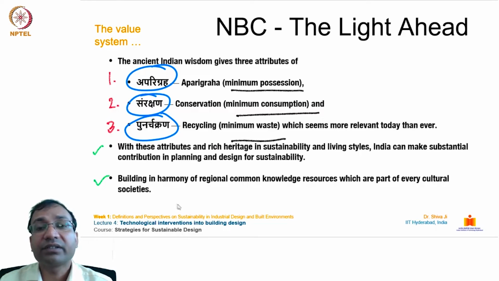So these three things are prominently given in them, about the three important attributes: aparigraha, that is minimum possession; sanrakshan, that is minimum consumption; and punarchakra, a minimum waste. These are the three key areas, key value systems which we can adopt, and they are still relevant. They will always be relevant as far as sustainability is concerned, because these value systems have been a